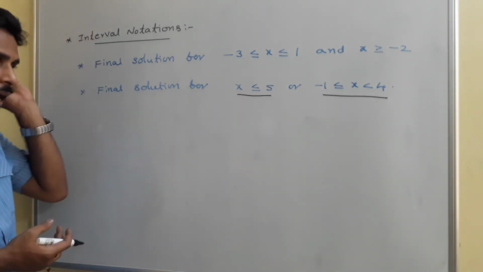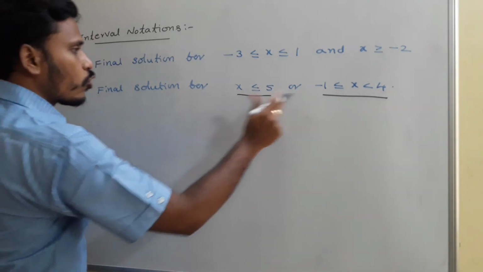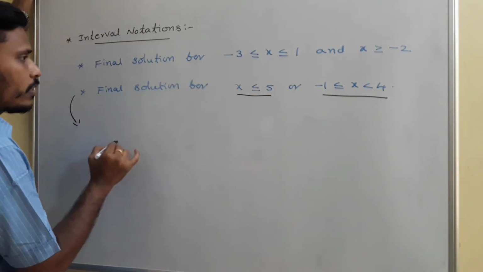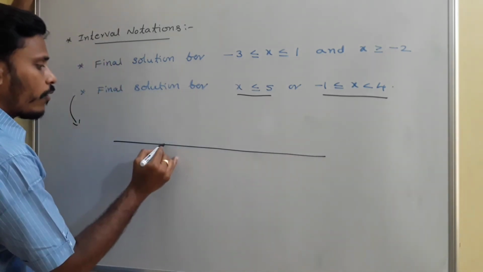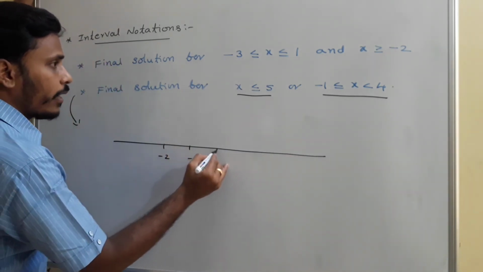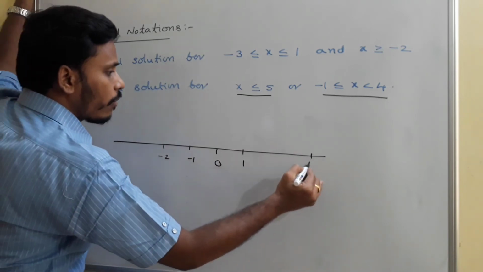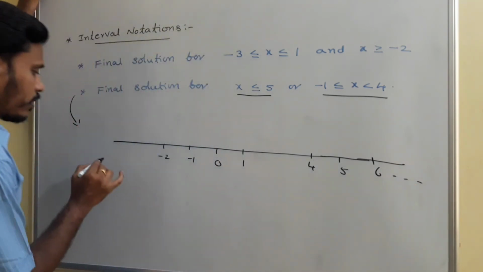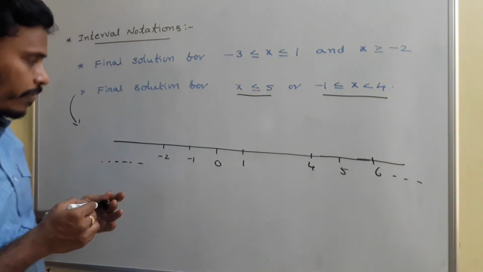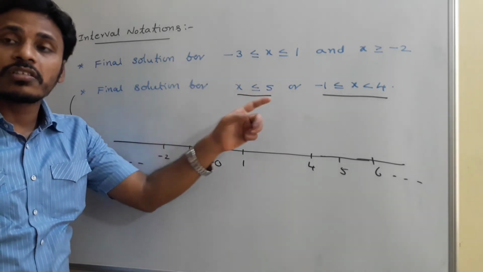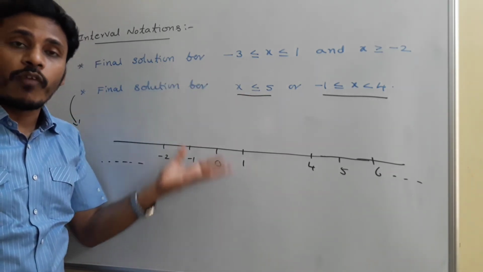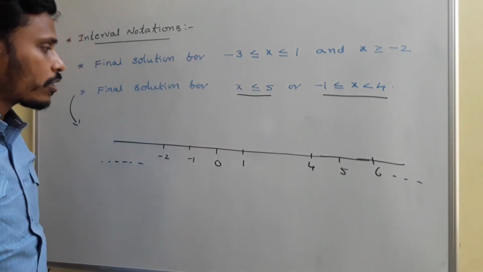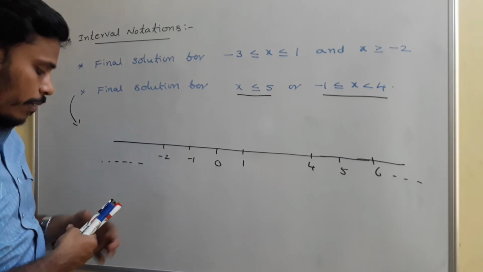Okay, just look there. To find that, I will first represent these two solutions on the number line, and from there I will get the final solution. First of all, I am going to solve this problem. On the number line we have different numbers like -2, -1, 0, 1, and somewhere you have 4, and after that 5, and after that 6. Since I need to represent these two solutions on the same number line, and at the end find the final solution, which is either this solution or that solution, my task is to represent these two on the same number line.